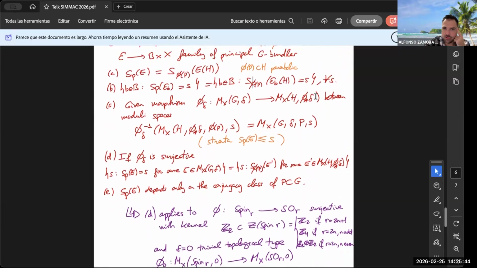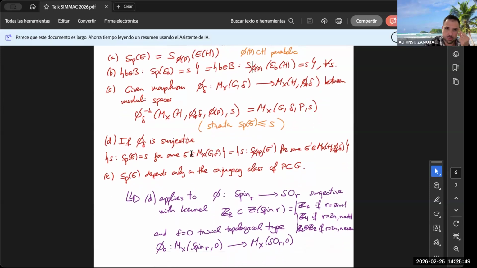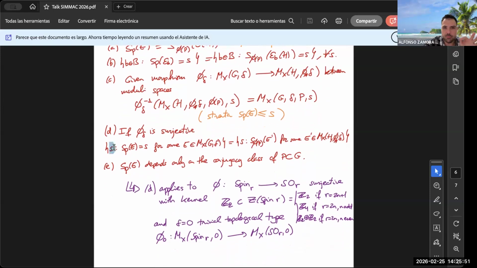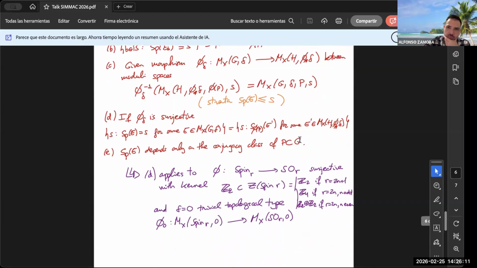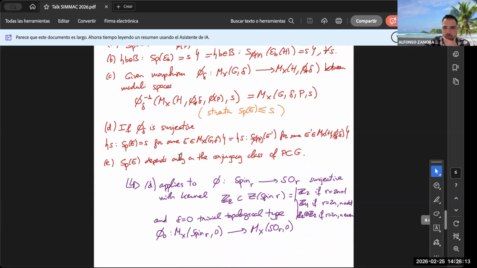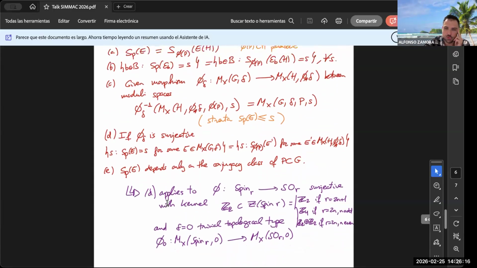Furthermore, this is in general not surjective, but if moreover this is surjective, then we have something more. We have that the number of S appearing in the stratification of the moduli space, so the number of values of the Segre function for which there exists a stable bundle in the moduli space achieving that value of the Segre function, coincides with the values occurring similarly in the H picture. This applies to certain examples we are exploring.